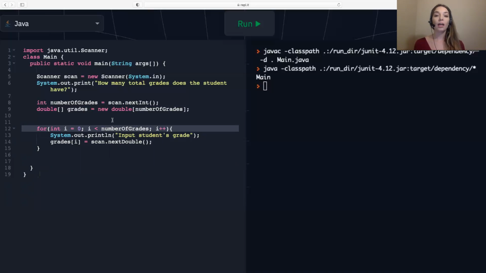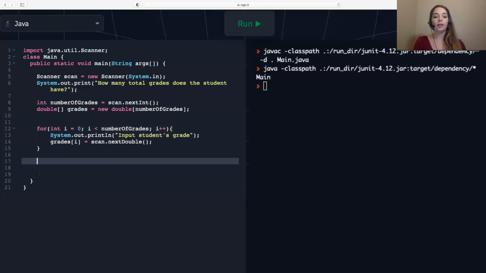Now the reason we're filling out this array is so that we can have all these values, all these grades stored somewhere, so that we can traverse through the array, print out all the grades like how our program was originally designed to do, and then we can also go through all of these grades and add them all up so that we can divide. So the reason we store numbers is so that we can use them again later in our program in order to print out averages, or just print out what it was, or just use it for some other reason. So right now, this is just taking care of the part where we're actually putting the grades